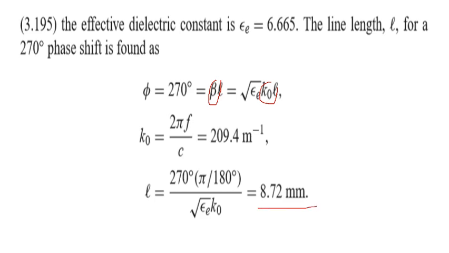The maximum twist we can do in the paper is that instead of asking about 270 degrees, I can ask you about 90 degrees. I might ask you about 180 degrees. So that much twist we can expect. Otherwise, more or less similar types of problems will come. Now, in this case, we have given you Z0, we have given you epsilon r, and we asked you to find W by D. What is the next twist we can ask you?